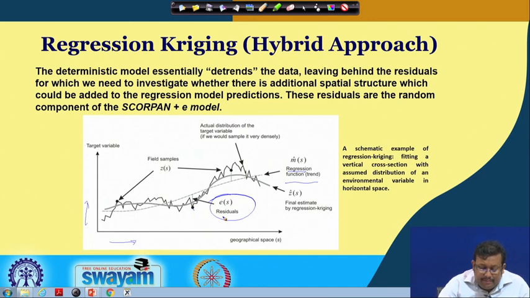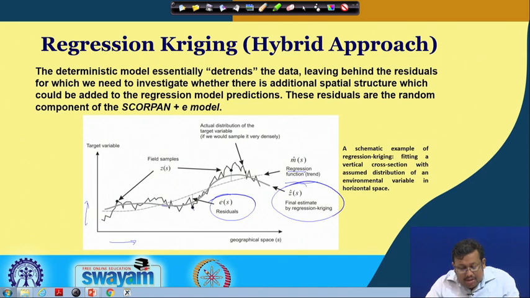The next step is to krige the residuals, and ultimately this line is the final estimate by regression kriging. It is the combination of the kriged residuals and the output from the deterministic regression function. This shows a schematic example of regression kriging fitting a vertical cross section with an assumed distribution of an environmental variable in horizontal space.